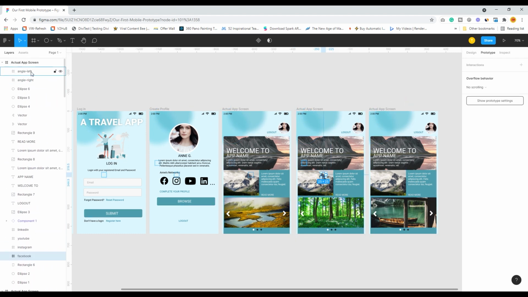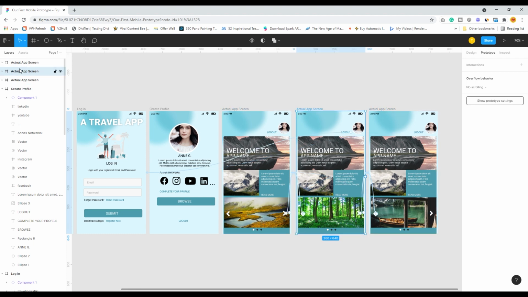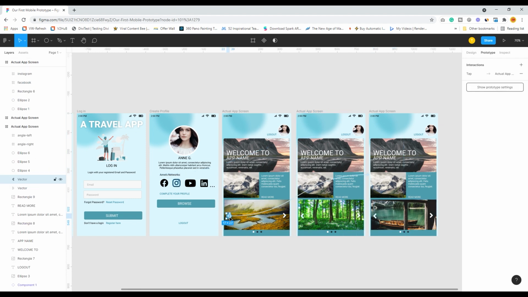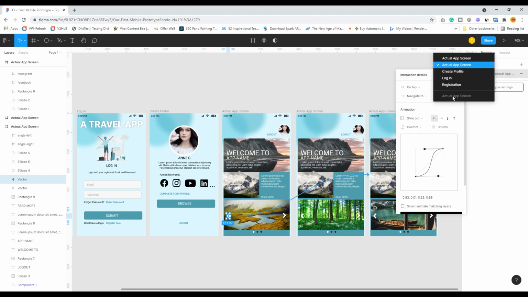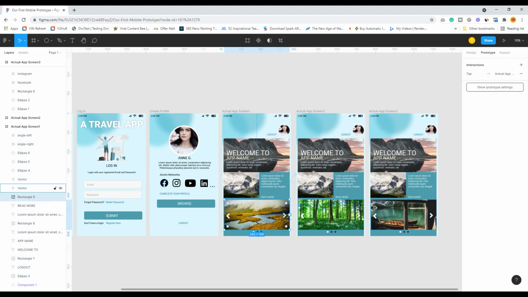So all this, so you can actually click this and you can go to, if I name these things, say for example screen 1, screen 2, screen 3, you can also name this thing accordingly at where you want to take these guys.